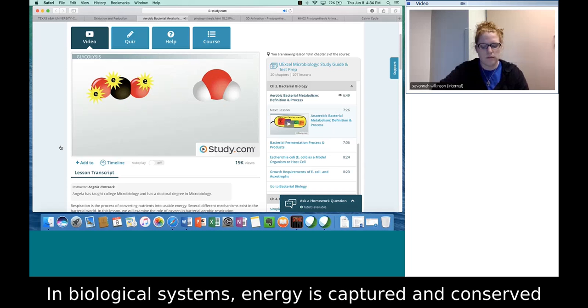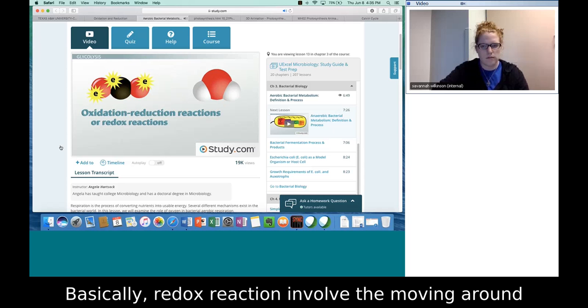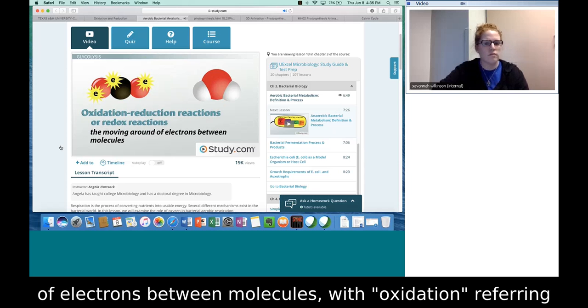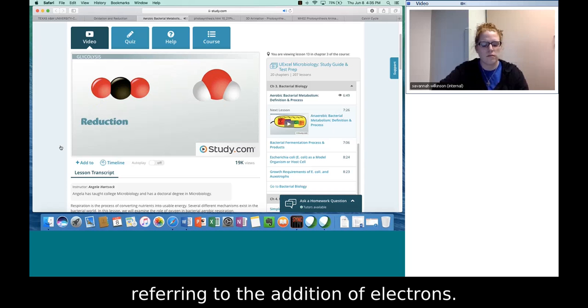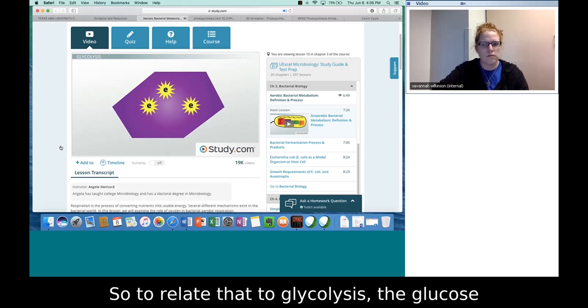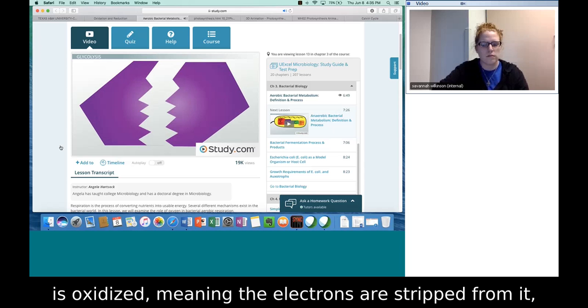In biological systems, energy is captured and conserved using oxidation reduction reactions, or redox reactions for short. Basically, redox reactions involve the moving around of electrons between molecules, with oxidation referring to the removal of electrons and reduction referring to the addition of electrons. So, to relate that to glycolysis, the glucose is oxidized, meaning the electrons are stripped from it,